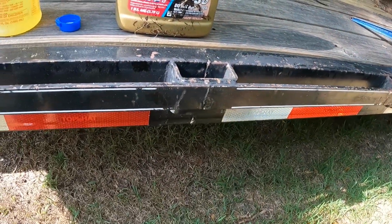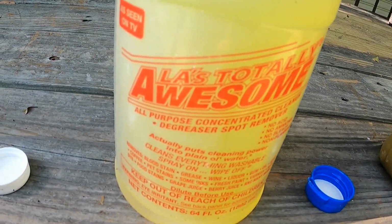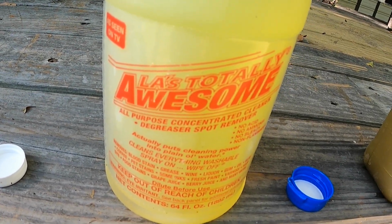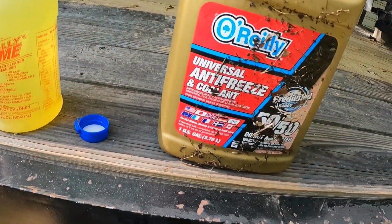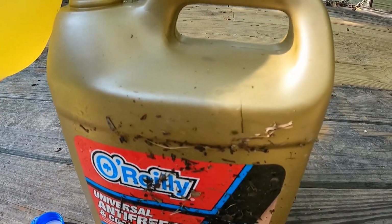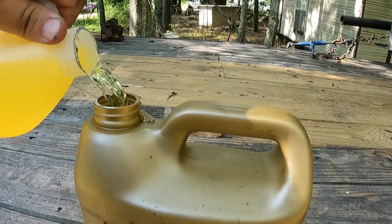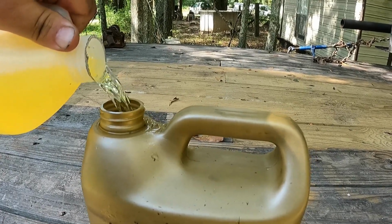Alright guys, so this is what I use, and I'm not paid by these guys. It's something I've been using. I get it at Dollar General, but you can order it online, and I'm sure it's somewhere else. But it's some degreaser called Awesome, and man, this stuff is good for getting that black gunk off of everything. So I have maybe not quite half a jug of water here, and I'm gonna dilute this. I use it straight sometimes, and sometimes I'll